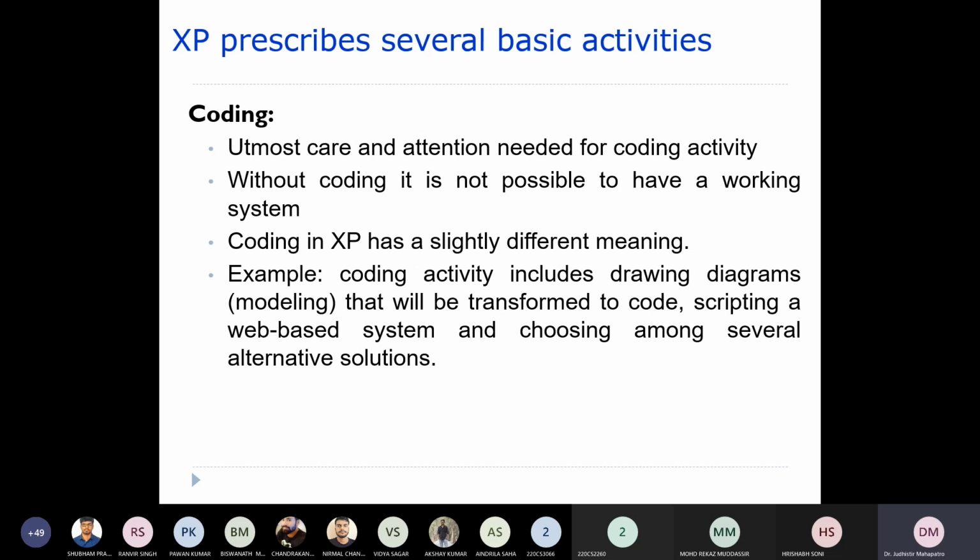So in the traditional model coding is just writing code, but here it is not only writing code; code can also be generated through modeling.